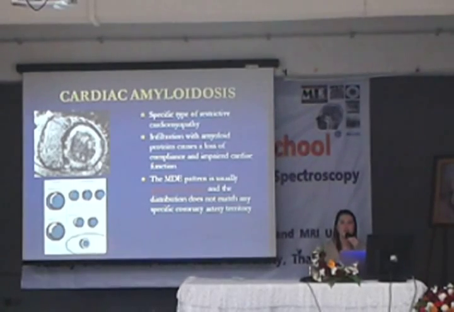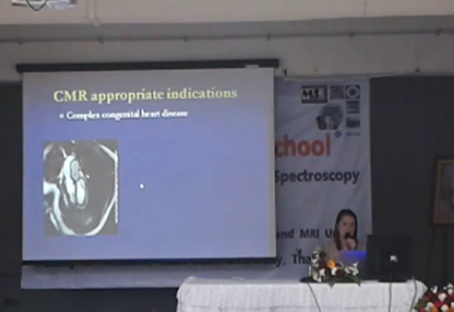The disease is caused by infiltration of amyloid protein and causes loss of compliance and impaired cardiac function. The myocardial delayed enhancement pattern is like this, which is global and diffuse subendocardial enhancement, which does not match coronary artery territories. The next indication for cardiac MRI is for evaluation of complex congenital heart disease, such as this